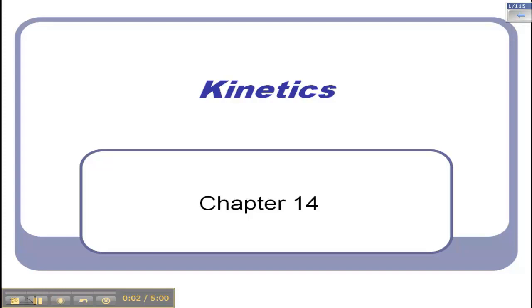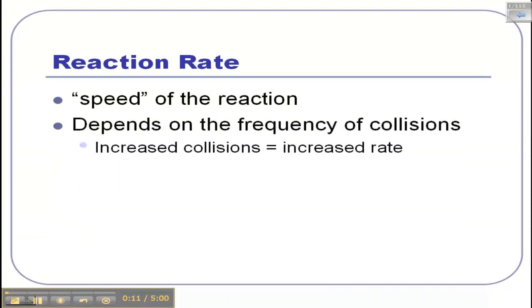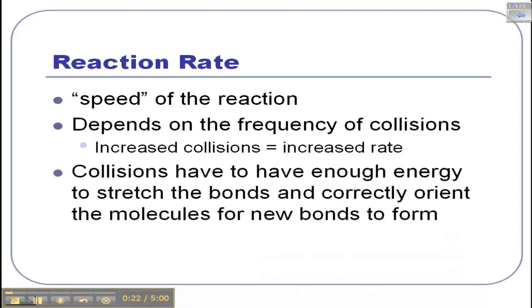We're going to talk about kinetics, and that is chapter 14. So reaction rate is the speed of a reaction, and it's going to depend on the frequency of collisions. In other words, the more collisions you have, the faster the reaction is going to take place. Now, the collisions do have to have enough energy to stretch the bonds and correctly orient the molecules in order for new bonds to form. So they have to have enough energy, and they have to be situated in the right way for the reaction